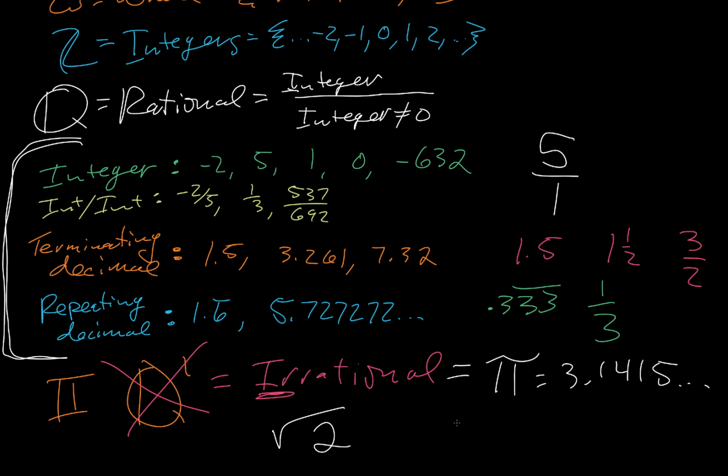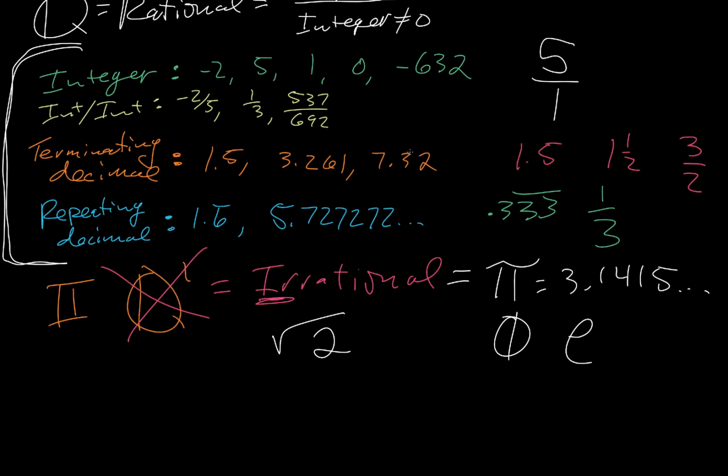These are the 2 main. We just have these constants like pi, and then there's also phi and e. Those are all constants that are irrational. But I think we'll just focus on these 2 situations, like pi, and then anything under a square root that is not a perfect square. Okay. Some